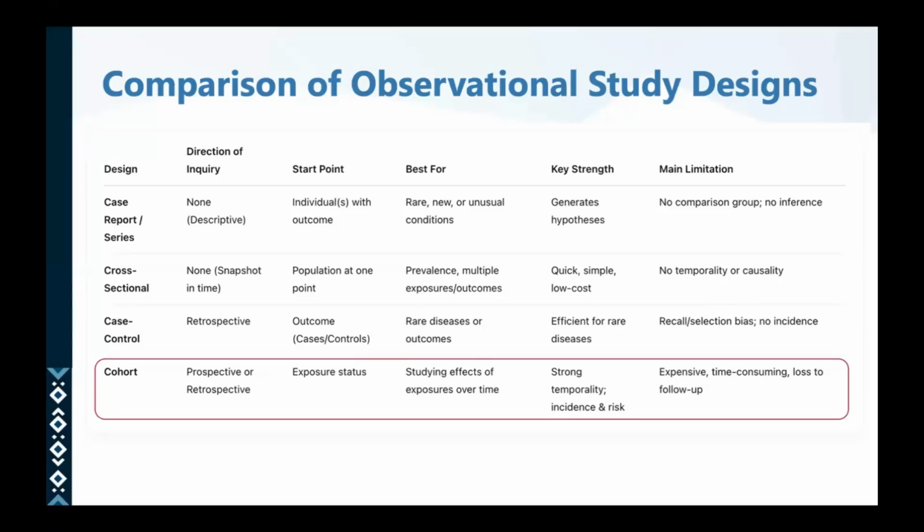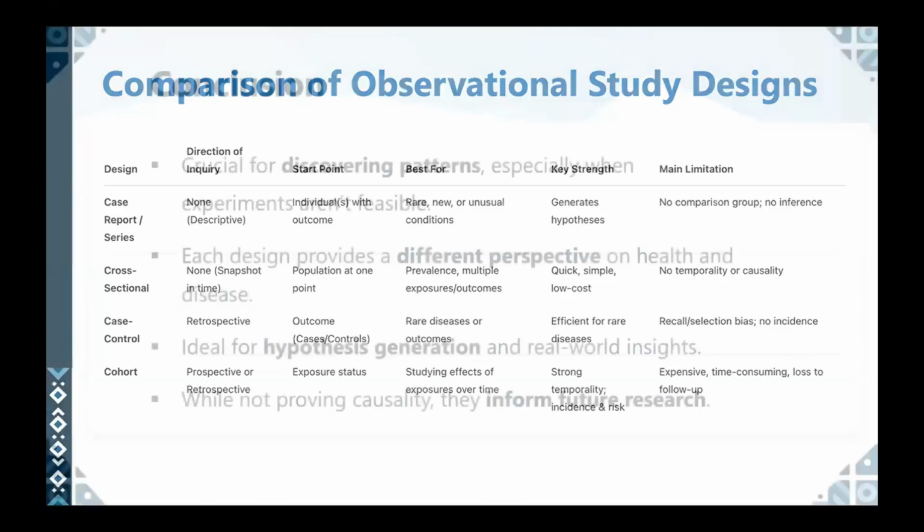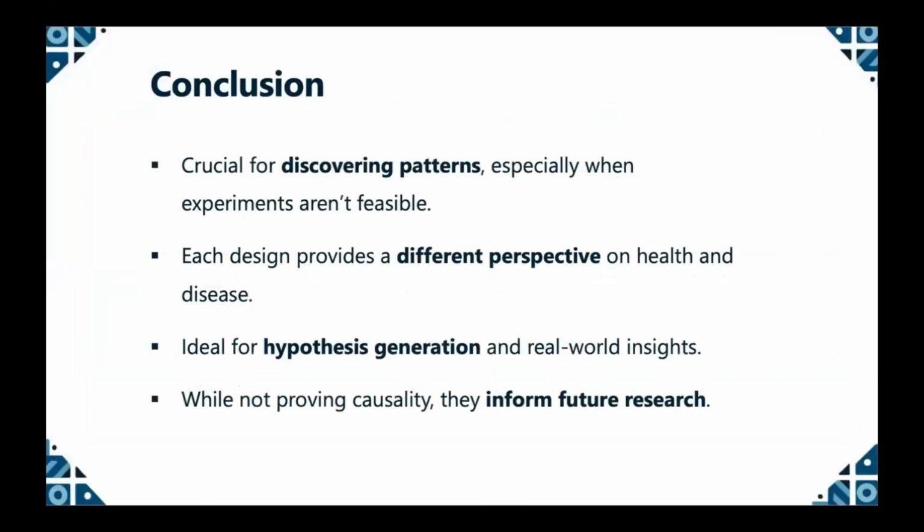But the limitation with cohort studies, again, is that they are expensive, they are time-consuming, and there's the issue of loss to follow-up. So in conclusion, these observational studies are really great for discovering patterns, especially when experiments are not feasible, as we've seen in the case of lung cancer, where you cannot randomize people into smoking. And they're also great